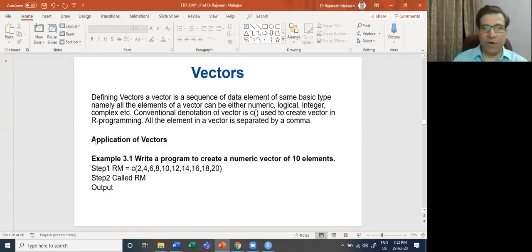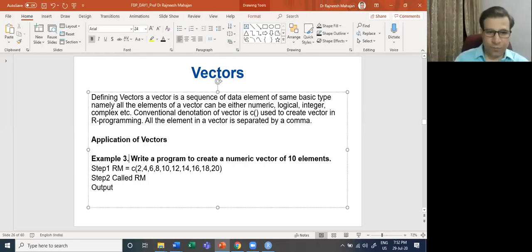Let's take one hands-on example. This example is referring to writing a program. This is the first program I'm making you write: a program to create a numerical vector of 10 elements. So these are the steps.